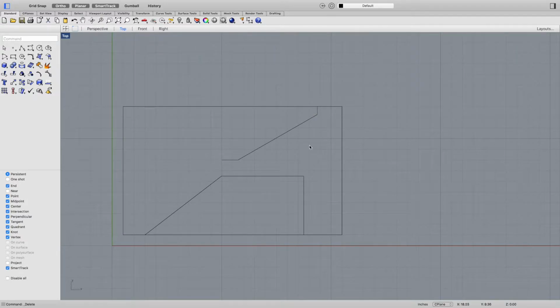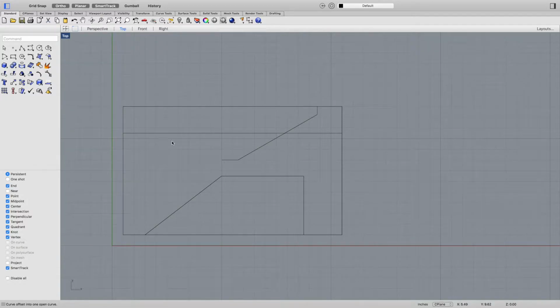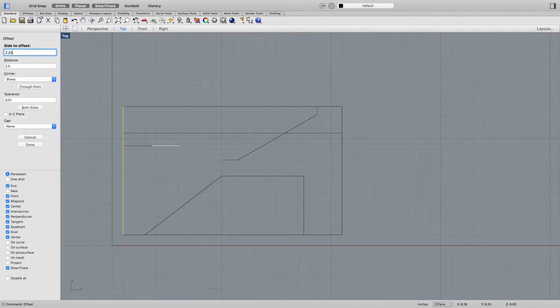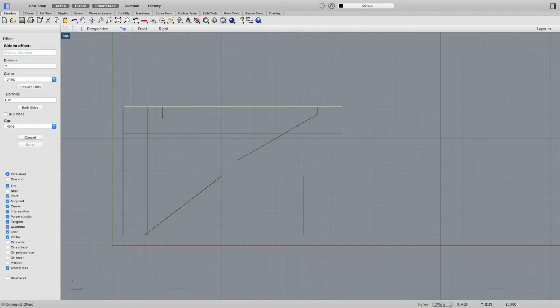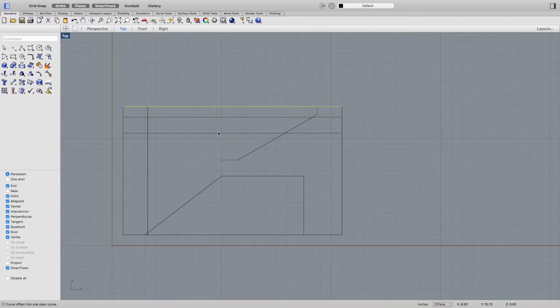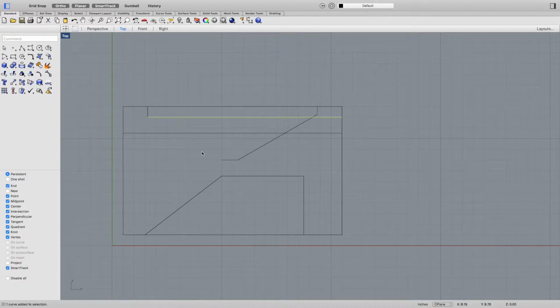Now let's go ahead and continue our OFF, enter, click, and go down this way, 2.5, enter, click, and then this way, 2.25, enter, click, and then from here down 1 inch, and let's trim it out again with the fillet tool, F for fillet, this to this. Actually, I don't need this line at all. And then